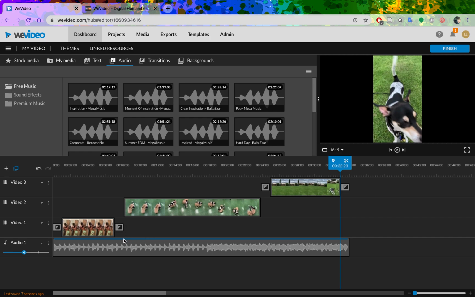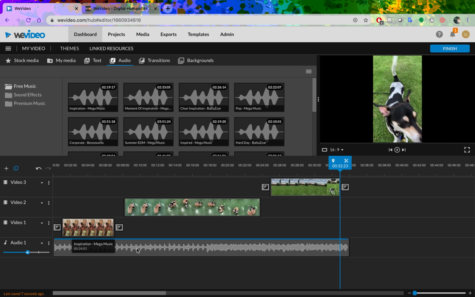Transitioning for your audio tracks is a little bit different. First and foremost, you want to make sure that your audio, especially if it's background music, is balanced so that it doesn't drown out the audio in your video files. So in order to play around with that, you're going to move this bar on your track. Let's keep that just at 70. But in order to